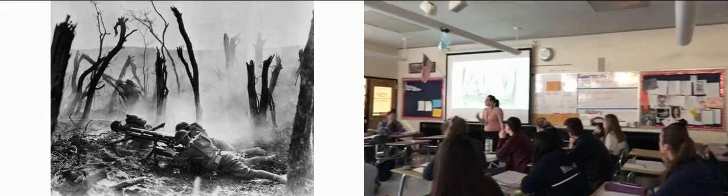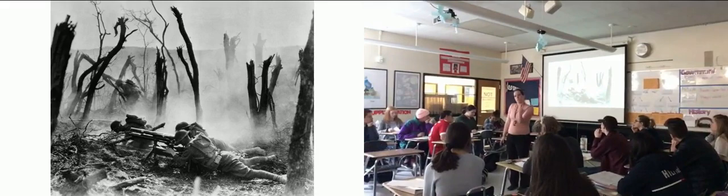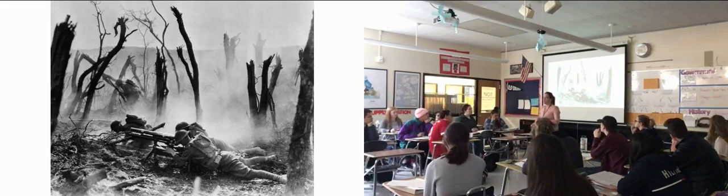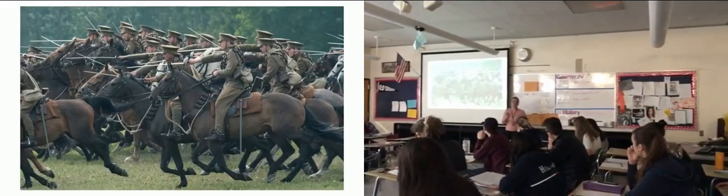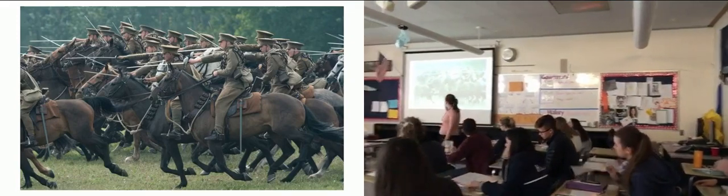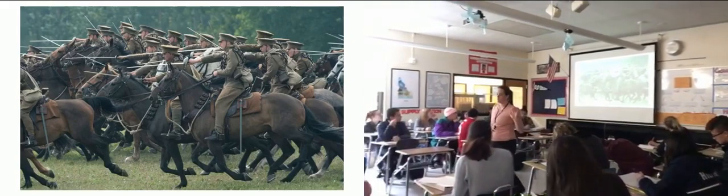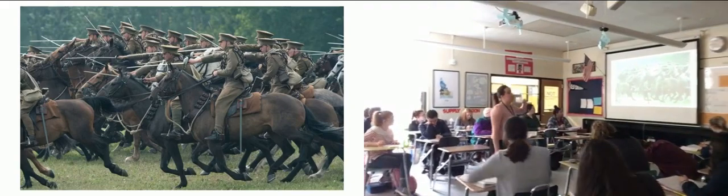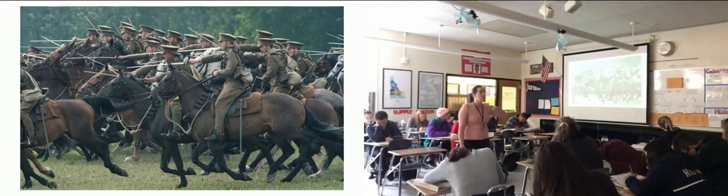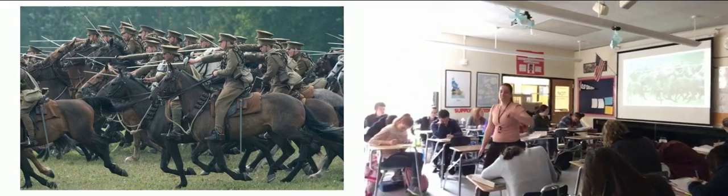Now, because of this belt-fed machine gun, the reality is that war is going to change from something very chivalrous to almost something very cruel, and that's kind of how we've turned into our war today. So this is your before picture. I want you to write down in your before box, looking at this, what was life or war like before the war? So this is the beginning of the war. Look at this. Think about what they look like. What are they using? How are they fighting? What does it look like in this picture? That's what I want you to do right now.